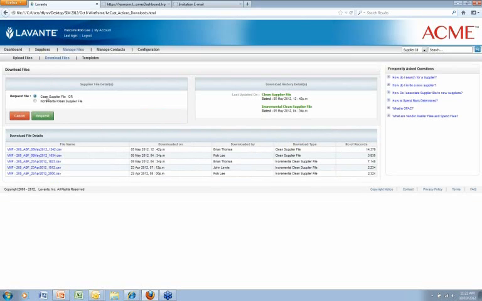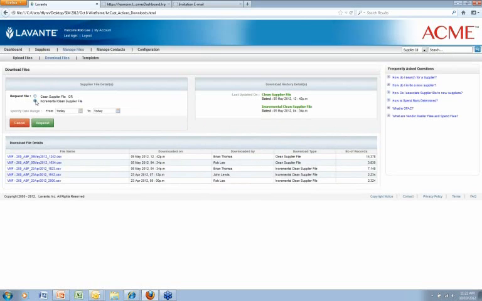You can either take the entire clean supplier file, or you can pull an incremental file. Perhaps you want to pull the file daily. Perhaps you want to pull it weekly. Perhaps you want to pull it monthly. Let's say you want to go back in time and say, I want it from September 1st through, let's just go back and say the last day of September for the sake of argument, and you get a file that's refreshed and updated, and you want to pull that back into your ERP system with all the refreshed data on a monthly basis. You can request this file,